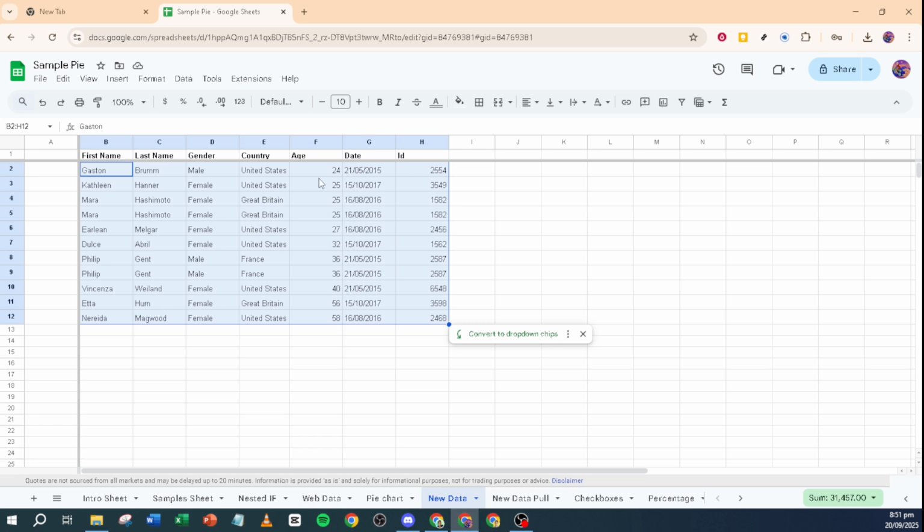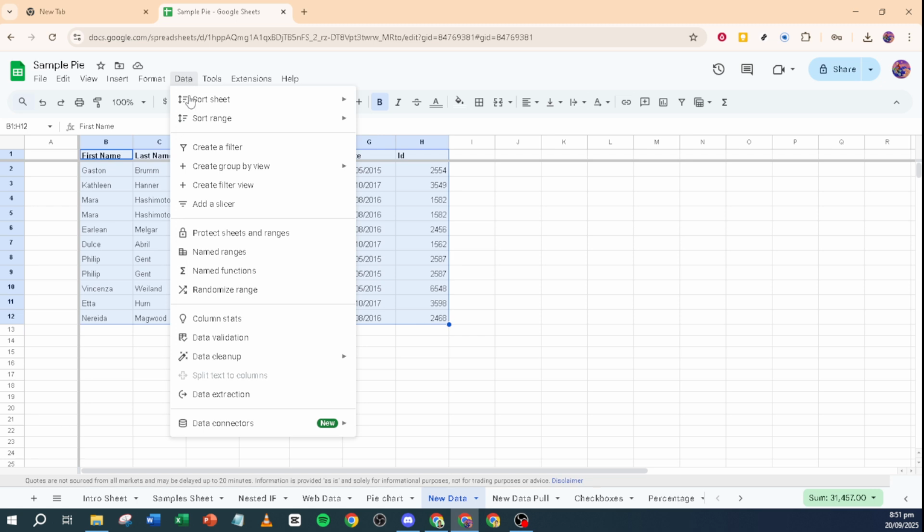Now that you've selected your range, look towards the top of your Google Sheets window and find the menu option labeled Data. Clicking on this will give you a drop-down menu of different data-related options. In this context, we're interested in the Sort Range option, so go ahead and click on it. You'll now see a menu pop up on your screen displaying different sorting options. For more control over how your data gets sorted, click on Advanced Range Sorting Options.